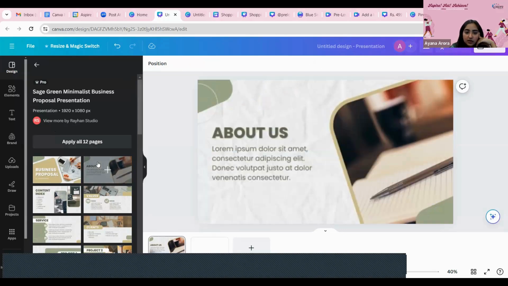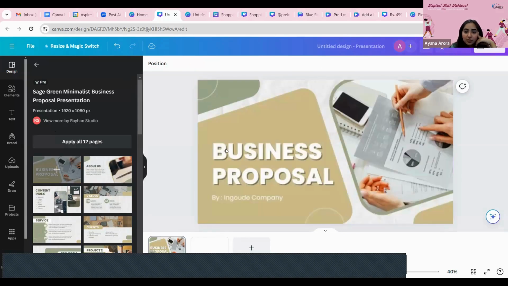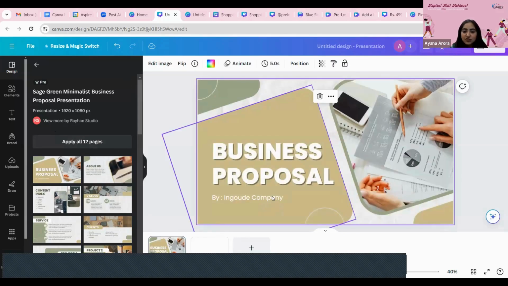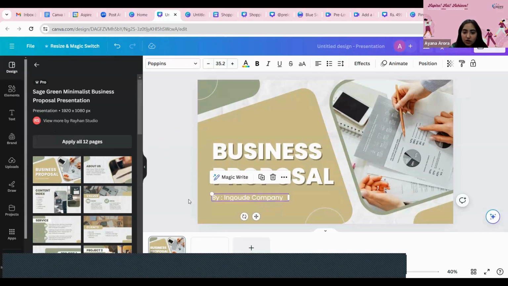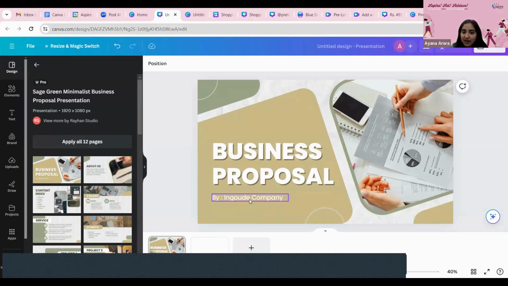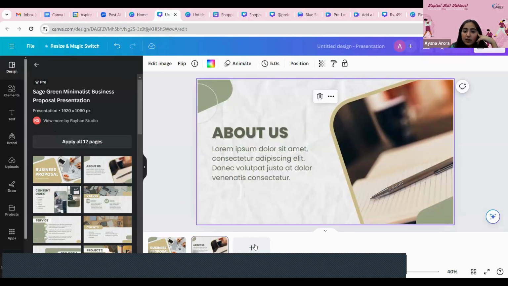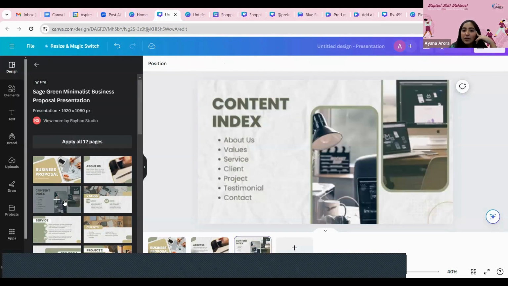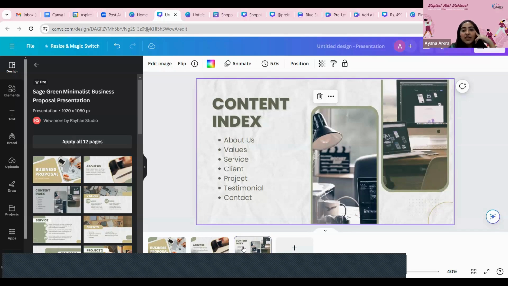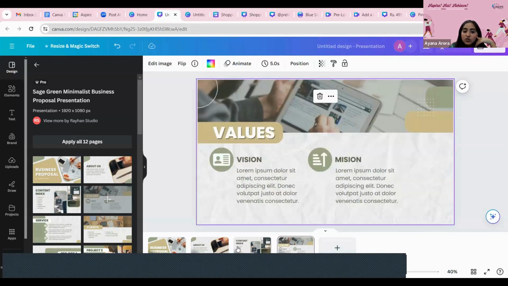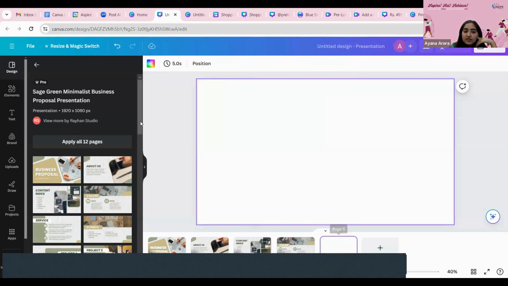I can just tweak them. It says business proposal by what? I'm not sure what this is, but I can put in my company name. I can say pre-loved clothing by pre-loved clothing. I can talk a little about me here. It's giving me templates. These templates are already existing. Now, this is an index, let's say. I'm going to follow this because why not? These are my values and my missions. So it gives you the whole